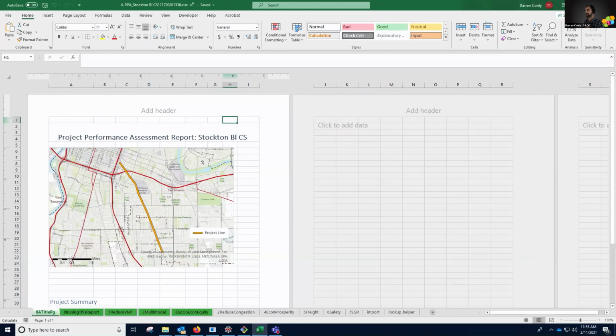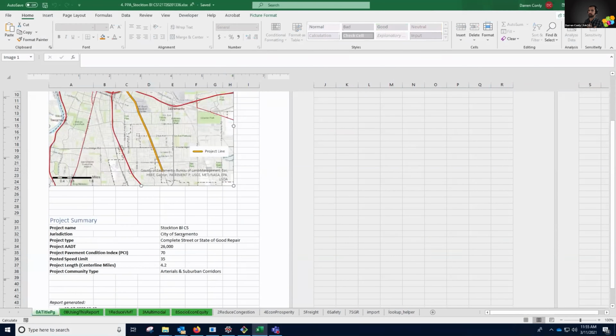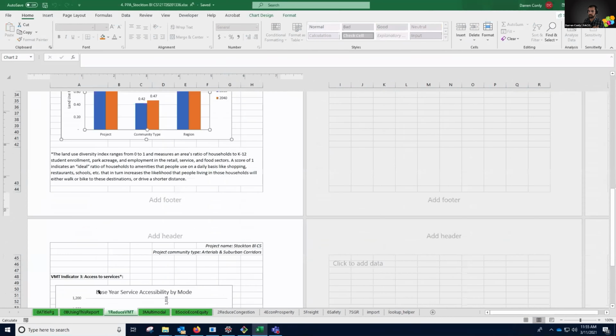The cover page in the Excel file has the project line shown here, just like a context map. And the front page has just some basic information about your project. Most of it is information that you yourself entered in the interface. And then you see all these tabs along the bottom here are broken out into different categories of metrics. One is metrics that are relevant to VMT,